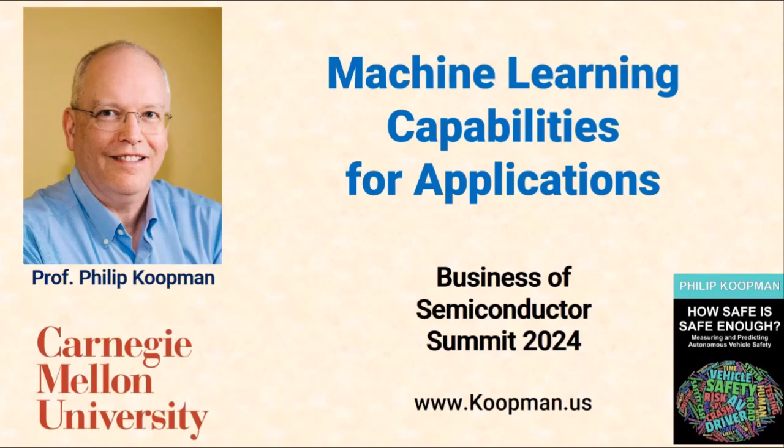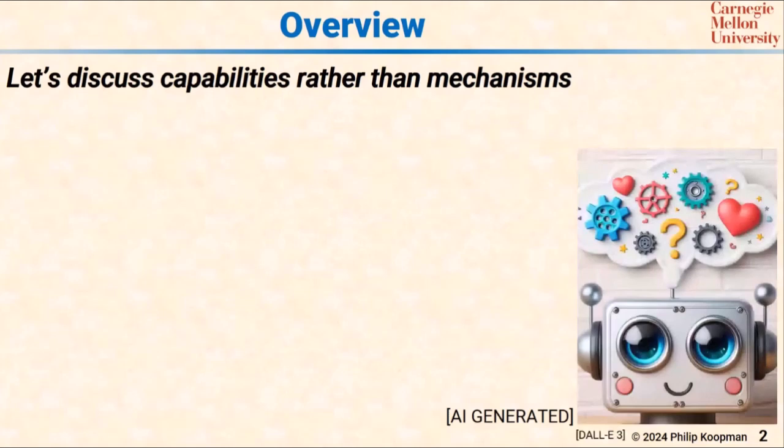There's a couple robotaxi examples, but there's also pictures of cats. So this is a more traditional machine learning AI kind of talk. But the idea here is to not get deep into the mechanisms, but rather to talk about the types of capabilities you'll see. So it's a high-level understanding to make sure everyone knows the different capabilities and the kind of mechanisms. Now, no doubt, everything I say, someone can nitpick and find a special case, and yeah, I get all that. This is a high-level overview to make sure everyone's straight on the big picture.